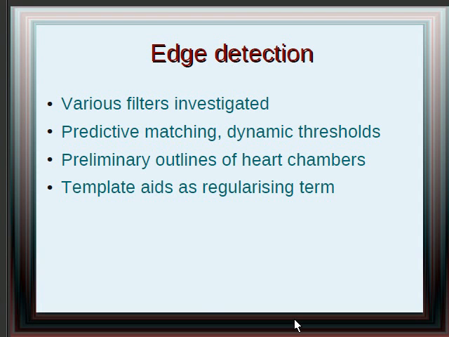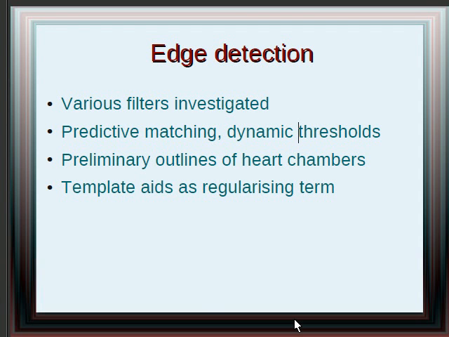You do want to ensure all the points are laid in the correct corners of the heart near the chambers. Once you've done that, you can use a servo template to ensure that you don't deviate too much from what you had to begin with. That is to say, you don't really want to move the points along the edges in a way that would be kind of nonsensical if you have some awareness of what a heart is supposed to look like. And by doing that, you can stay along the lines of sane edges on the heart and